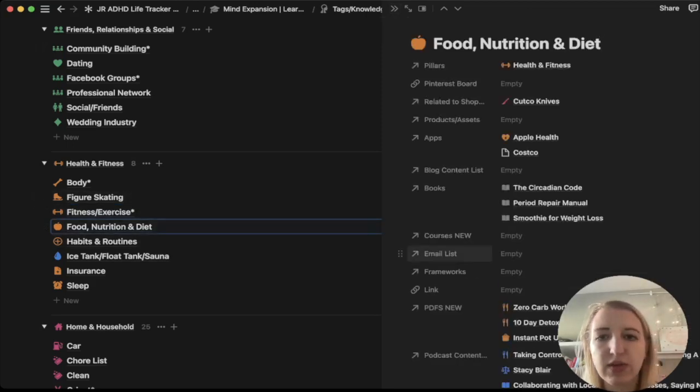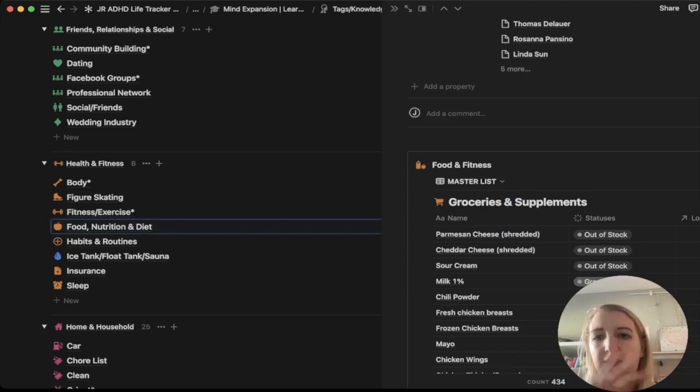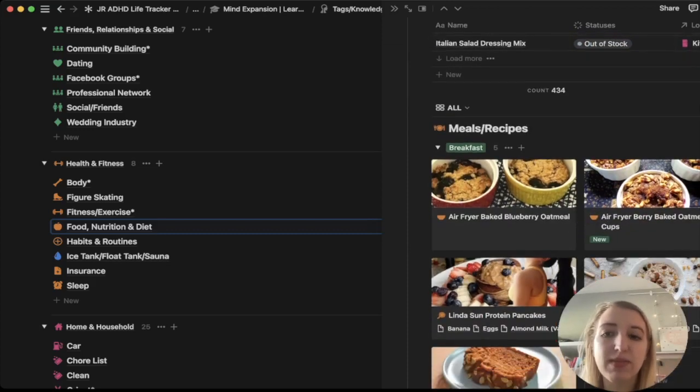Food and nutrition, I've done this one already, but basically I have two main databases. I have the actual master list of my groceries and supplements, and then I also have my meals and recipes, which I've recently redone. I've done a whole video on this, so go watch that one. I go into way more in depth into my meal planning. And then I've got,